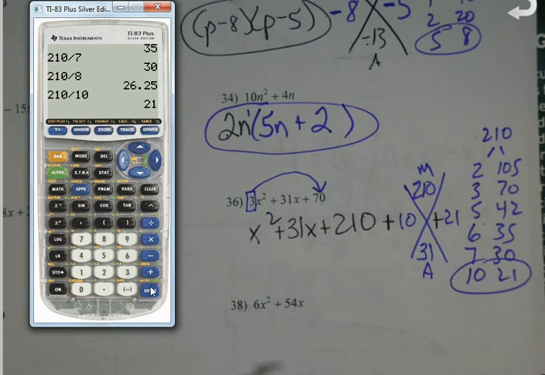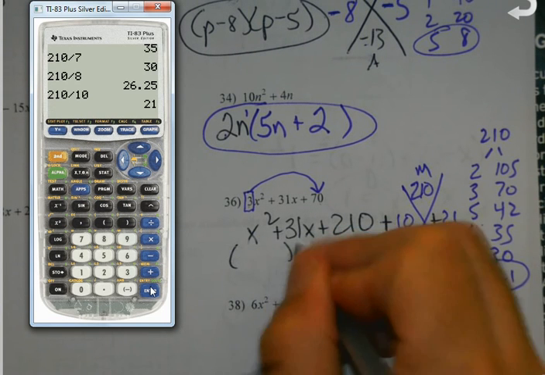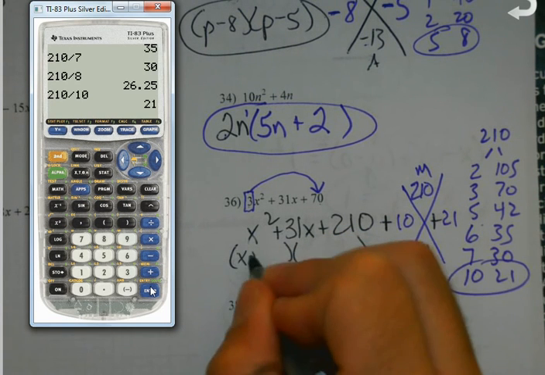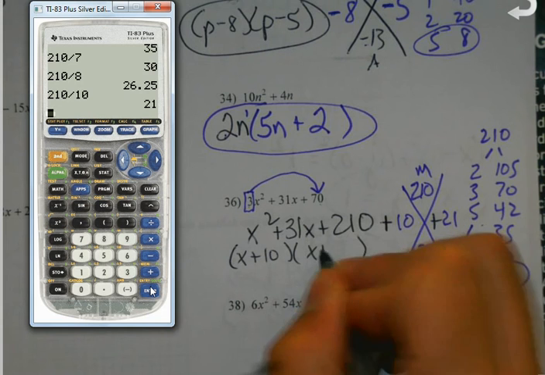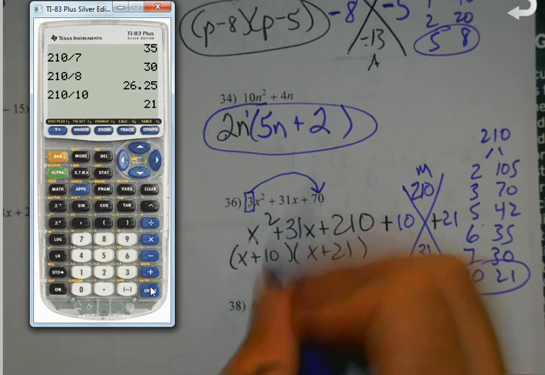10 and 21. Those add up to 31. This works. Okay. Now, here's the key, though. So x plus 10 and plus 21. But I'm not done. This isn't slide. No. Slide and divide. So that 3 that I slid down before